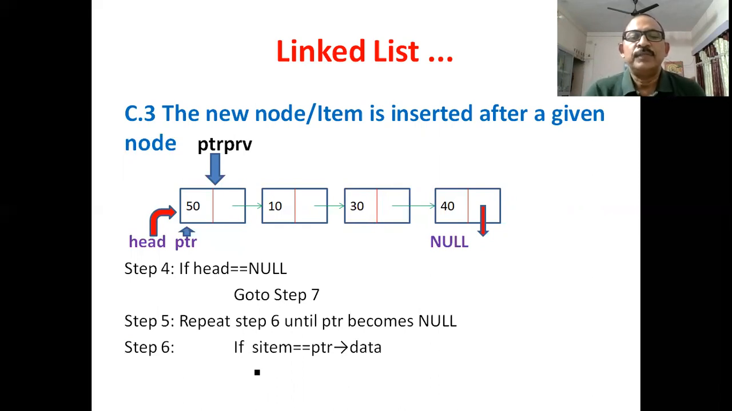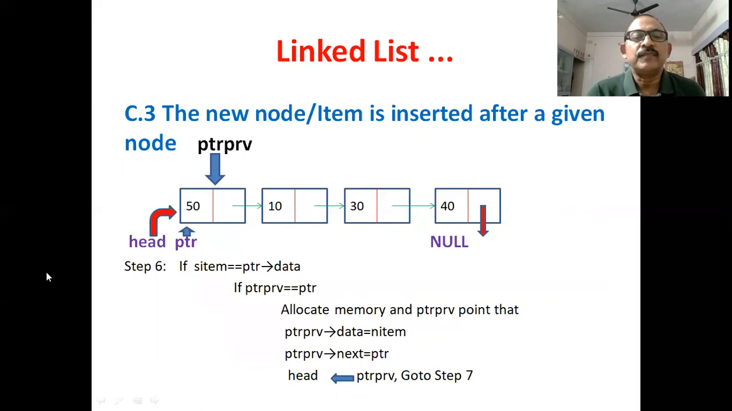Next step, repeat steps until PTR becomes null. Means we repeat some steps until PTR becomes null. Step 6: if search item is equal to PTR data. Okay, what will we do? Let us see. If search item is equal to PTR data, okay, and if PTR previous is equal to PTR, what